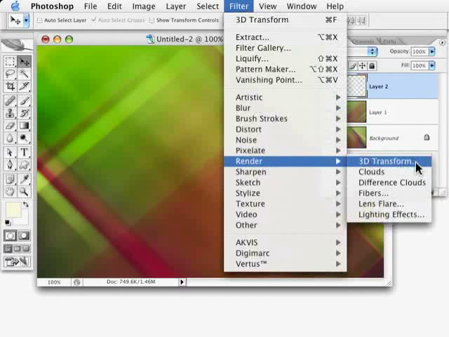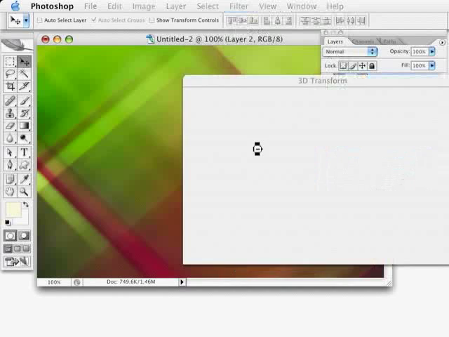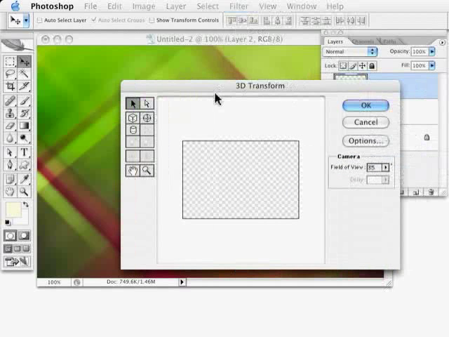Now if you don't see 3D transform under your render menu, that's because it doesn't install automatically. You have to go find a folder called goodies on your original installation disk, and you will find it on there. Once it's ready and running, then basically all we're going to do is create a couple of boxes, just